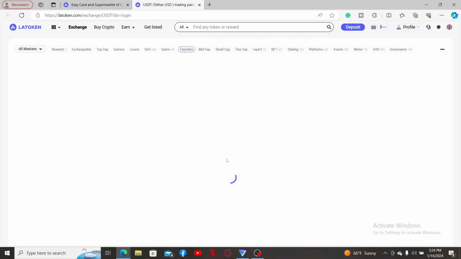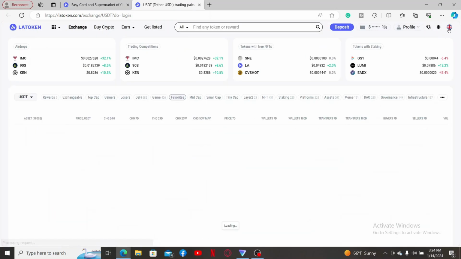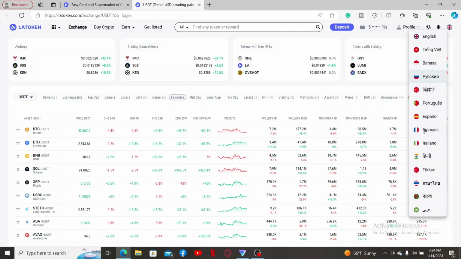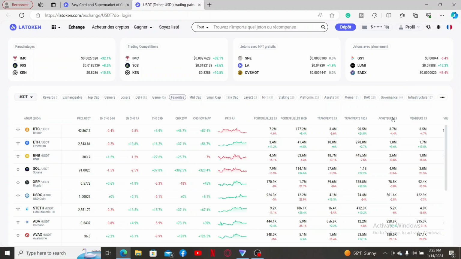Once you are logged into your LATOKEN account, from the first homepage, head over to the top right corner of the screen and click on the flag icon at the top right. Now select from the choices of language you would like to change to for your display and click on it. Soon after you click on the language, you will be able to see that you've successfully changed your display language